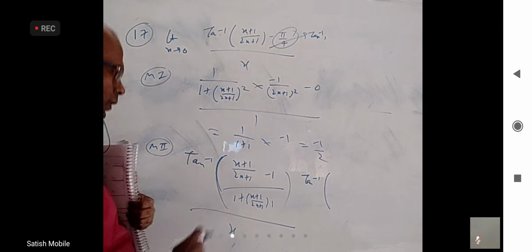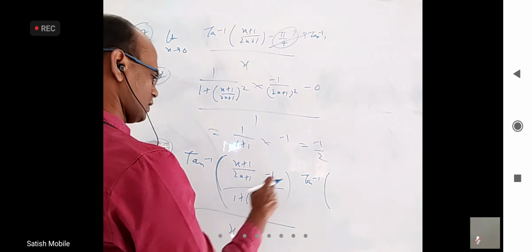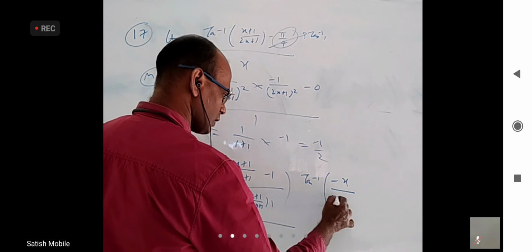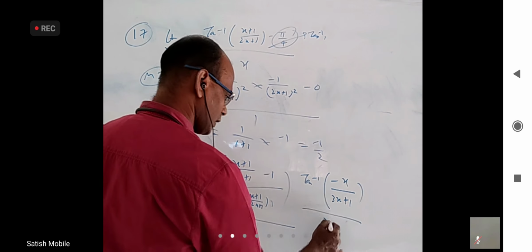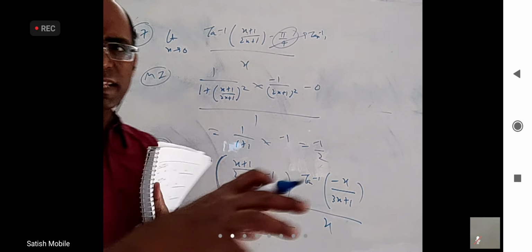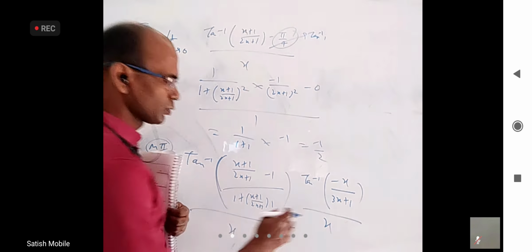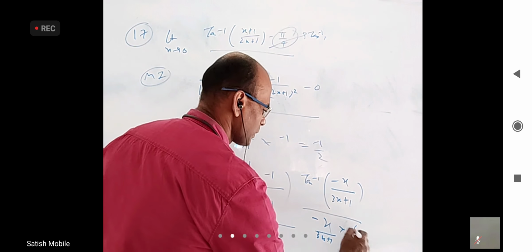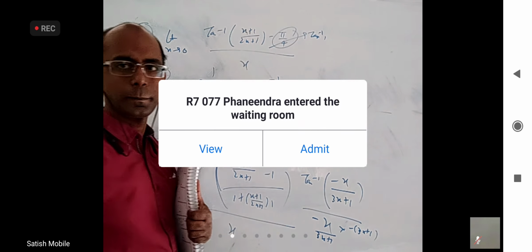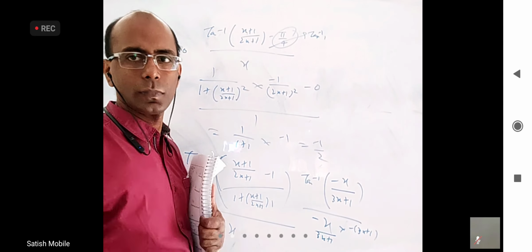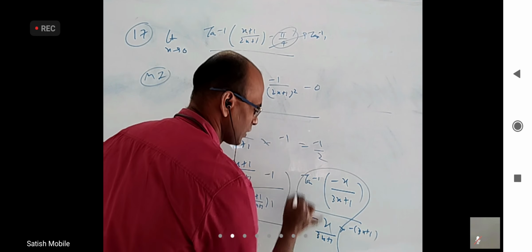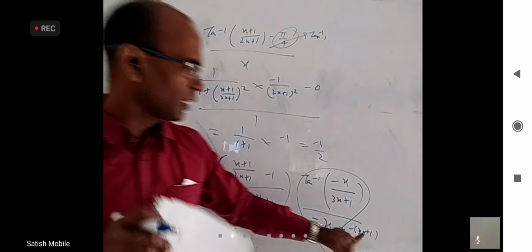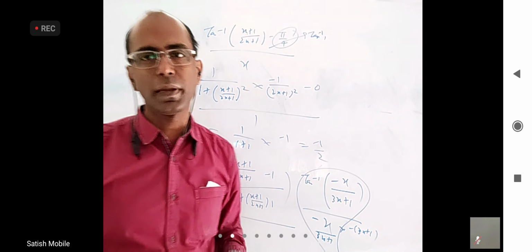Okay. When I take LCM here, I will get minus x. When I take LCM here, I will get 3x plus 1, by x. Now, tan inverse x by x also has limit 1 for us. So this down x, I will write minus x by 3x plus 1, multiplied with minus 3x plus 1. Now this part's limit will be 1, because tan inverse of something by something that is tending to 0 will be 1. When I put 0, it will be minus 1. 1 by minus 1 is minus 1.